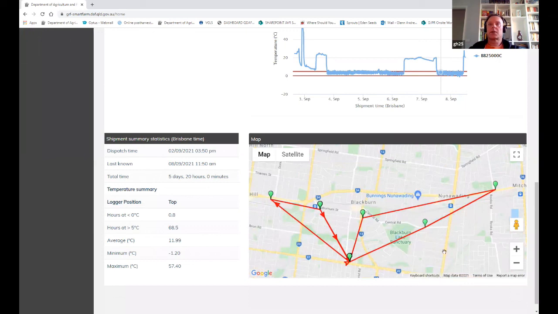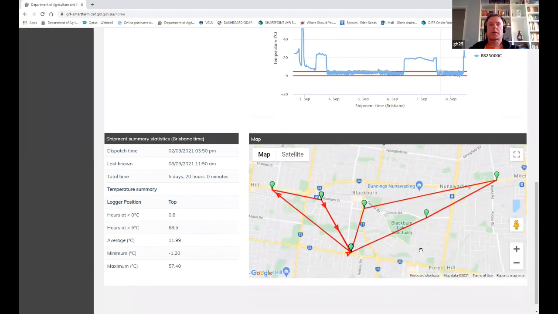So that shows you roughly the location that the logger is in and where it's been. But it will bounce around a little bit, just trying to search for the nearest tower so that it can update the latest information.